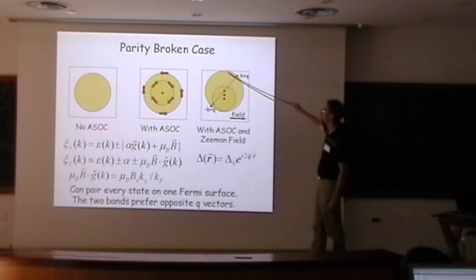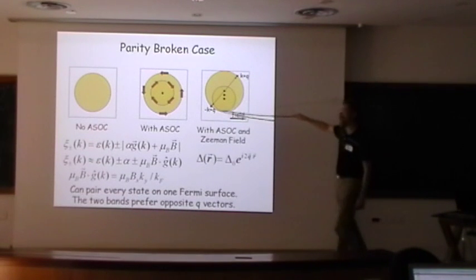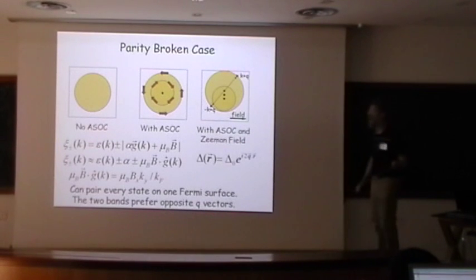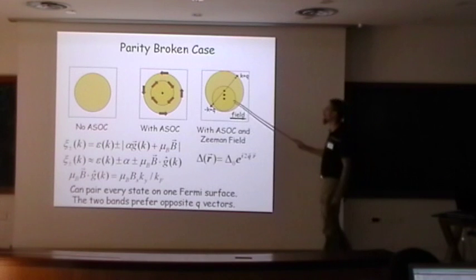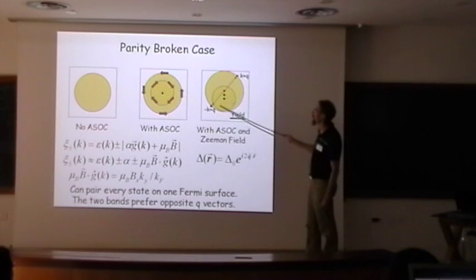You find that one band moves up away from the center of the Brillouin zone. The other band moves down away from the center of the Brillouin zone. I'm going to convince you of that right here, because this is a couple of lines of algebra, so it's easy to do. But you can see now right away why you choose these finite momentum pairing states. Because if I were to pair through the original center of the Brillouin zone and take some state here, and pair through this, I'll always not end up on the Fermi surface.